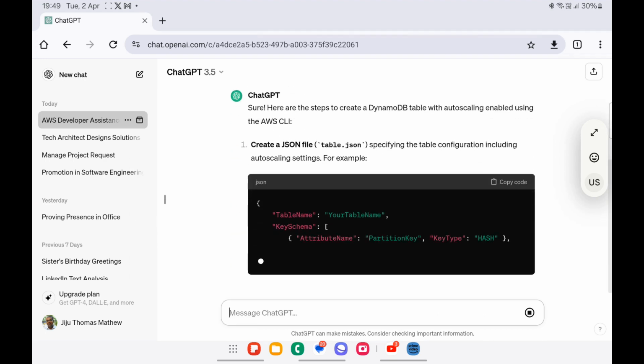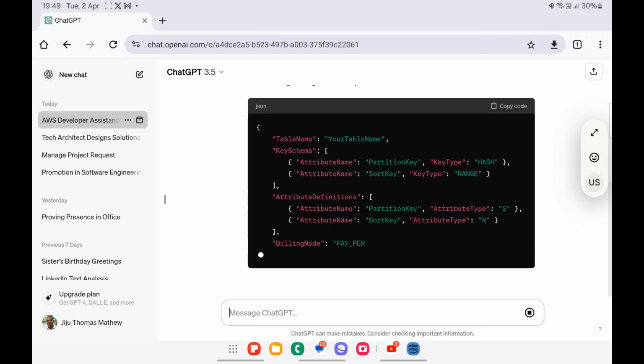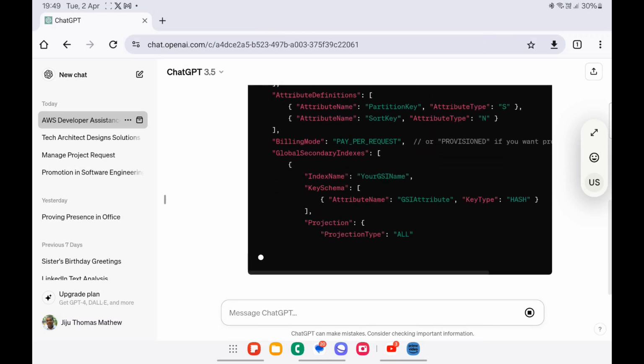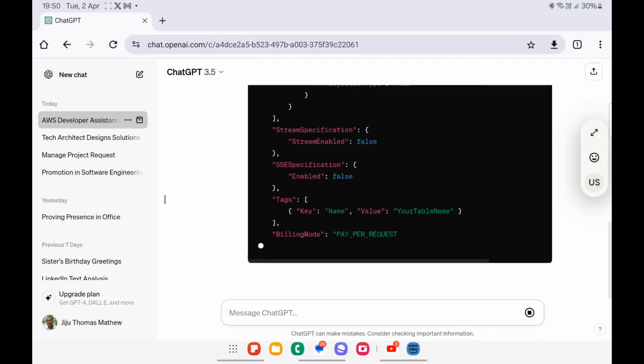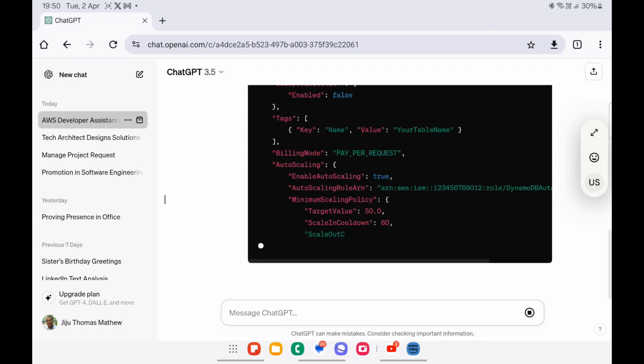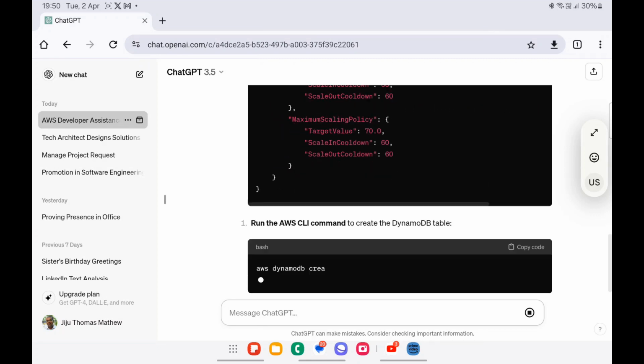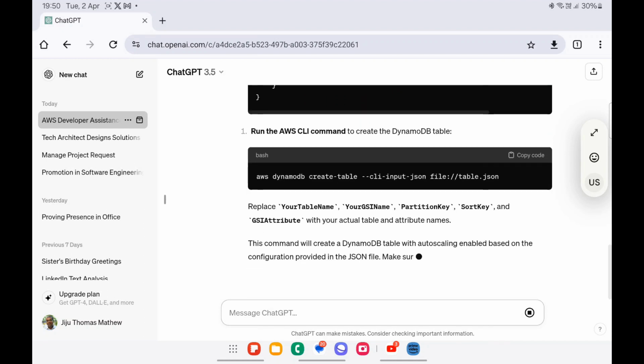ChatGPT responds with, "Sure. Here are the steps to create a DynamoDB table with autoscaling enabled using the AWS CLI." And then continues with the CLI commands, which can be copied by tapping the copy code button towards the right